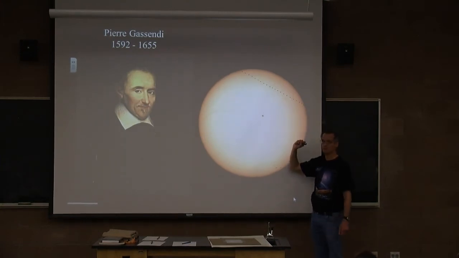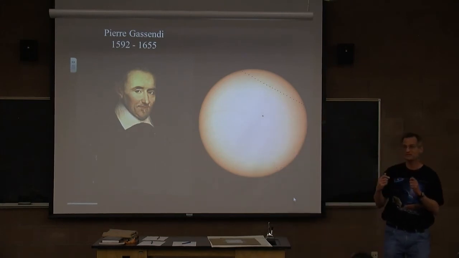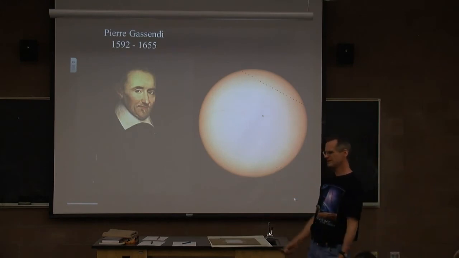It's tiny. He first saw what he thought was a sunspot, and of course he didn't see it as it entered the disk. He caught it when it was already in the disk a little. And, okay, there's a sunspot. I can use that sunspot to measure how fast Mercury's moving when I see Mercury. And he realized that sunspot was moving pretty fast. He was like, oh, that is Mercury.